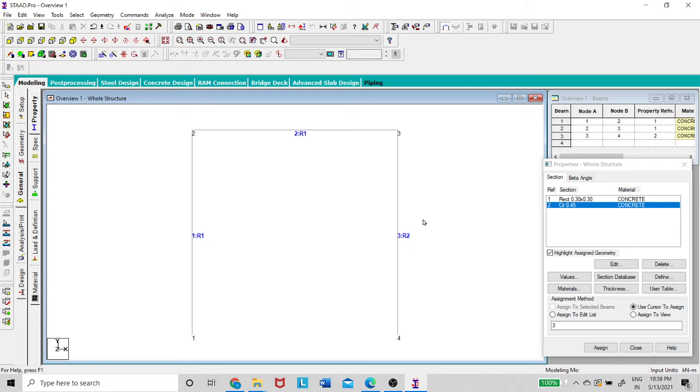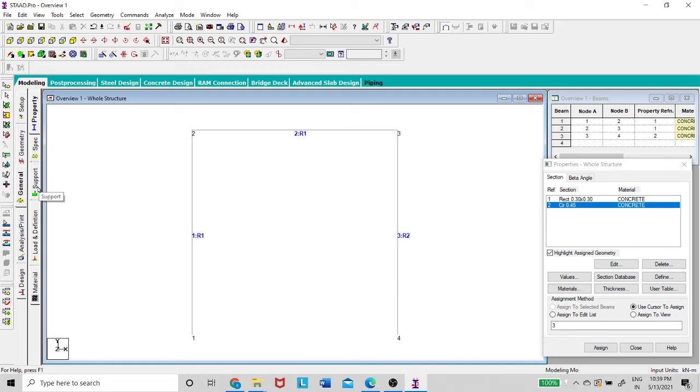So that is how, in any structure, if you consider, there will be different sizes of members. So first you have to define the members, then you have to assign the corresponding member to the corresponding reference section. So this is how the properties are assigned. Once the properties are assigned, then the specification, that's what I told you, whether that member is a compression member, tension member, specifically is there any offset, everything you can give in the specifications. But now I am not touching this icon.